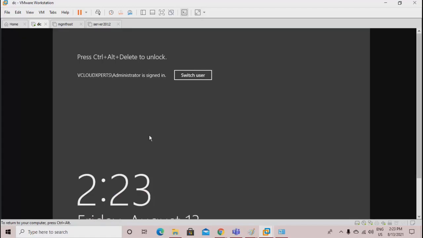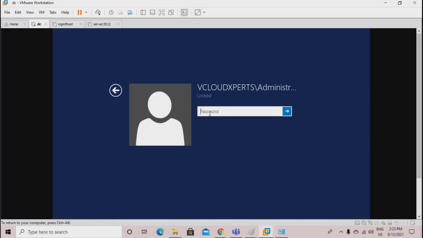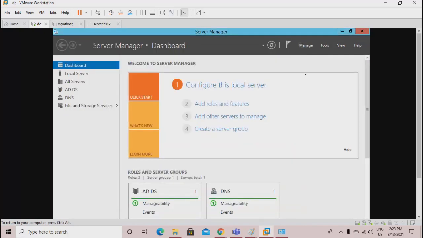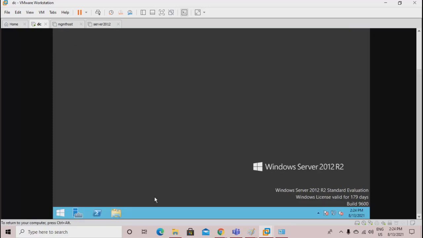If I'm accessing this operating system, it is Windows Server 2019. Now, in this operating system, you get this option here. This is called Server Manager.